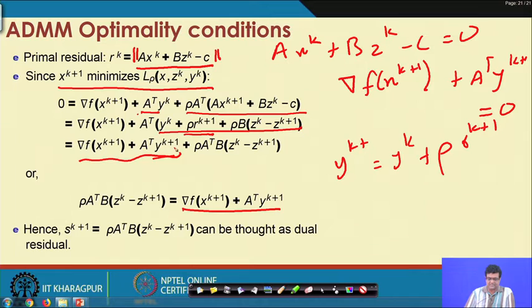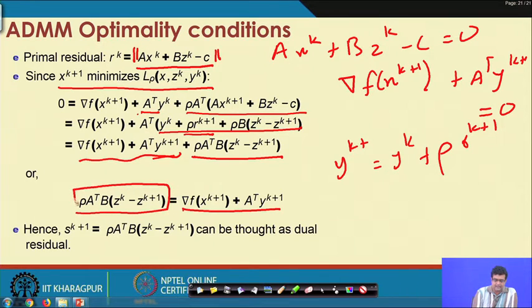This is nothing but the negative of this quantity. So, basically monitoring this second residual boils down to just monitoring the difference between z_{k+1} and z_k.